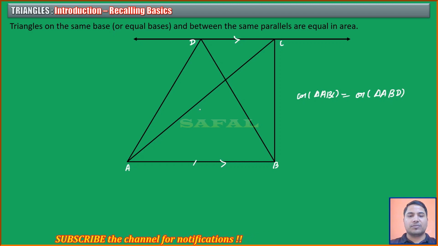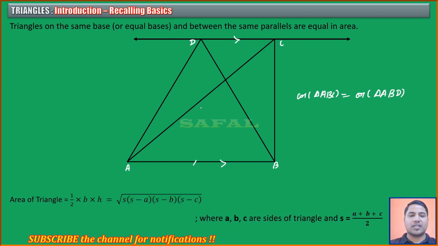The next point, all of you might be knowing also, you have studied in class 9th, that area of a triangle is given as 1 by 2 base into height. Also it is given using Heron's formula. You have studied in class 9th that area of triangle is the square root of S into S minus A into S minus B into S minus C, where A, B, C are the sides of the triangle and S is the semi-perimeter, which is given as A plus B plus C by